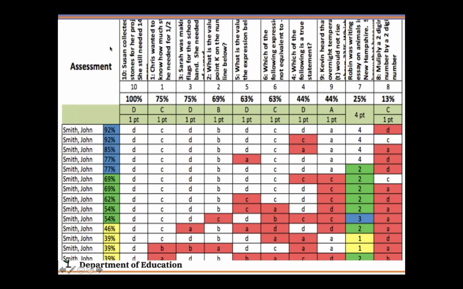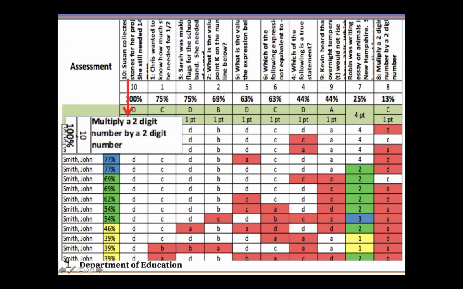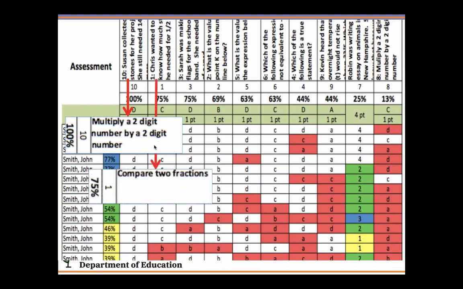These are the questions across the top. I have a whole bunch of John Smiths. These are each individual students in my class. I've sorted the report from high to low for overall score, but then I've sorted the questions from the one that most students got correct to the one that most students got incorrect. And when I look at that, I look at the first question and I go, oh, the standard it related to was multiplying a 2-digit number by a 2-digit number. Yay, 100% of my kids got that. Yay, I did really well, or we did really well.